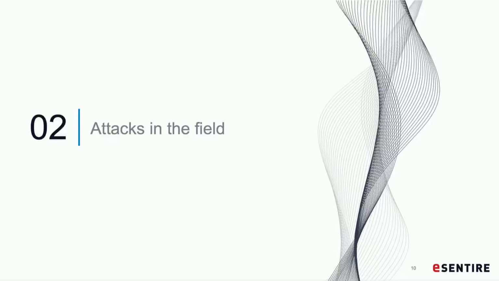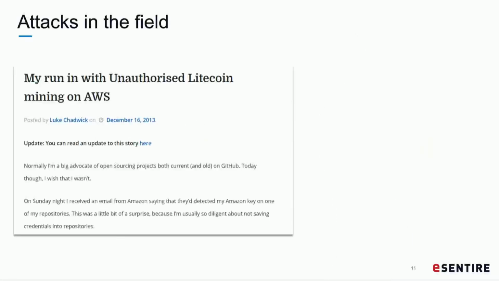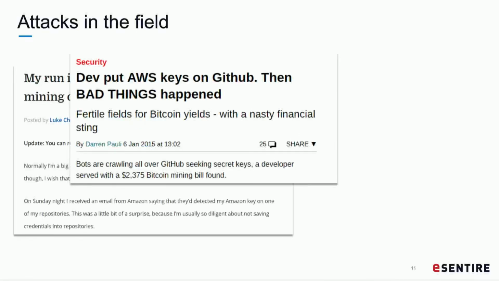Am I live? Perfect. All right, so let's take some time and look at some examples of cloud breaches that we've seen related to cloud service providers. In most cases, a lot of the attacks that we see are related to people sharing API keys in GitHub repositories or posting something that they shouldn't be posting that someone gets a hold of.